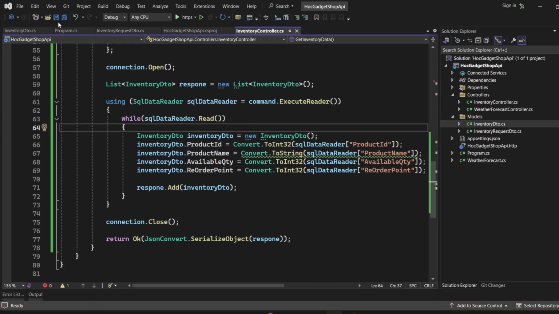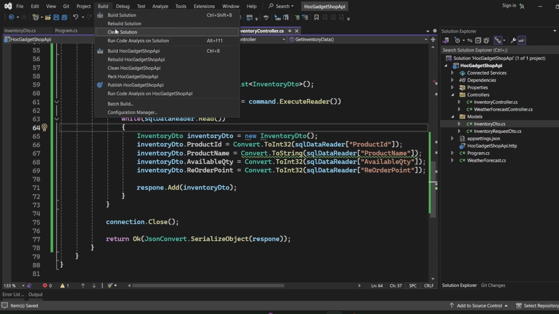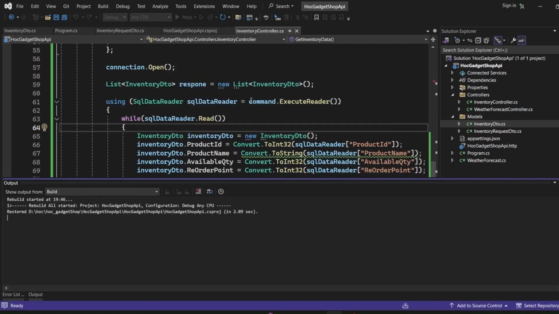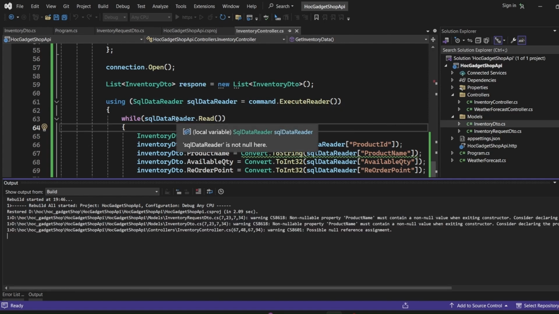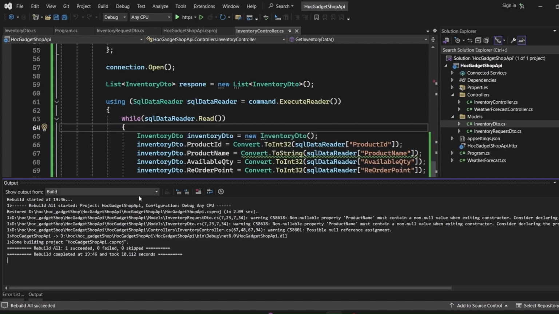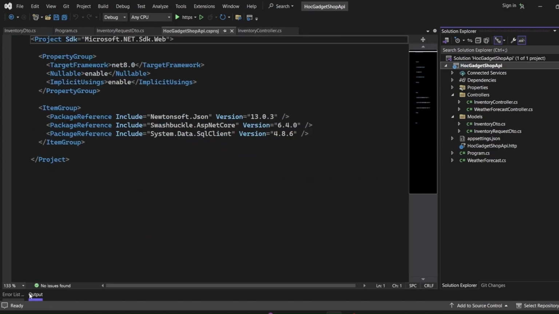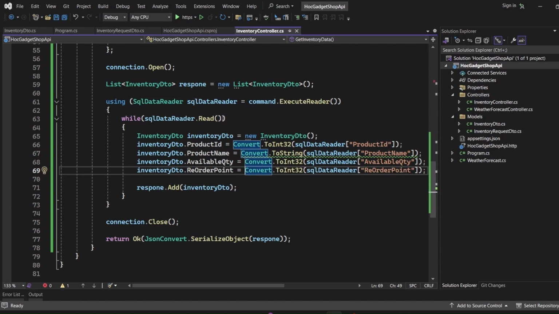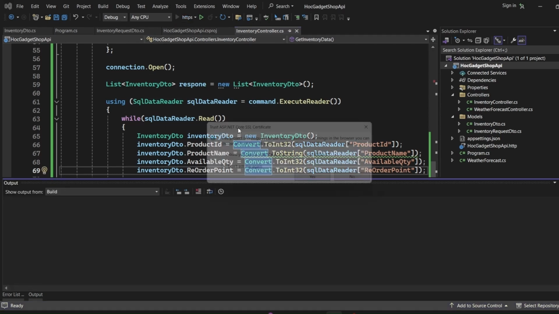We'll run the code again. We can build it also once. We're trying to rebuild the solution, so that there is no error in the code, that could be checked from here. If the rebuild is completed successfully, it says one succeeded, because we have only one project in the solution. So it means that our code is going to work fine syntactically. Logically it's going to work fine or not, we will be able to know once we execute it. So let me now just execute the solution.